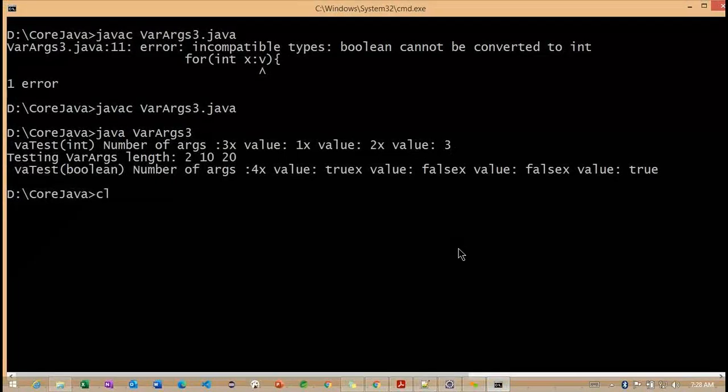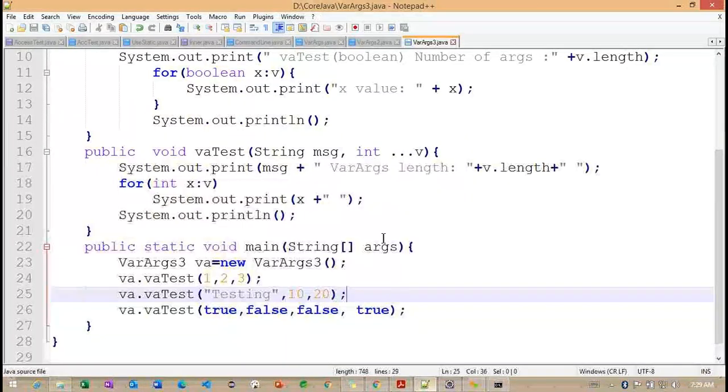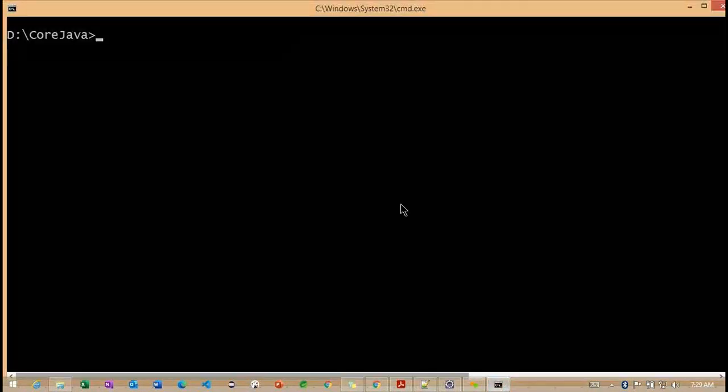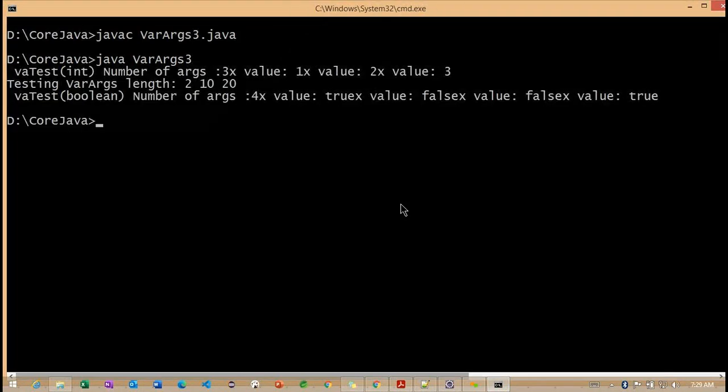Let me check here. Okay, it compiled successfully and it is executing.